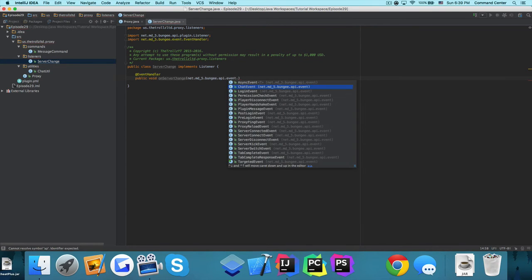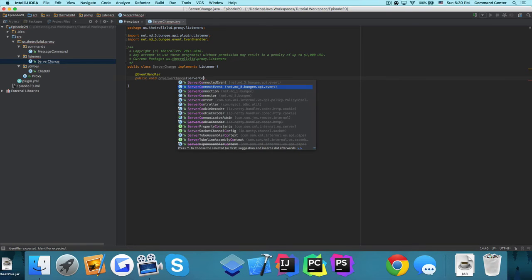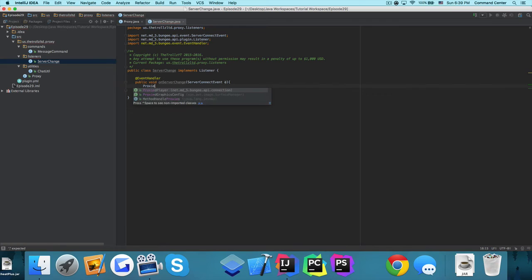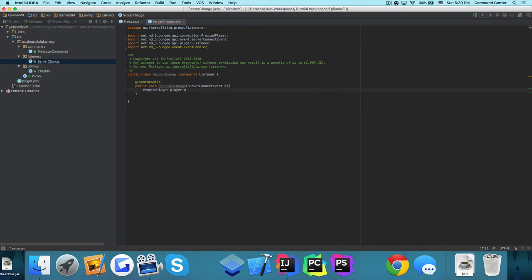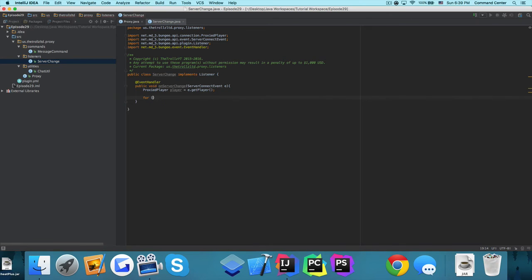Bungee.api.event.ServerConnectEvent, and e. So now what we do is we have our player. So we have ProxiedPlayer player equals e.getPlayer. And we can just go ahead and send a message to every single player online saying they've changed to whatever